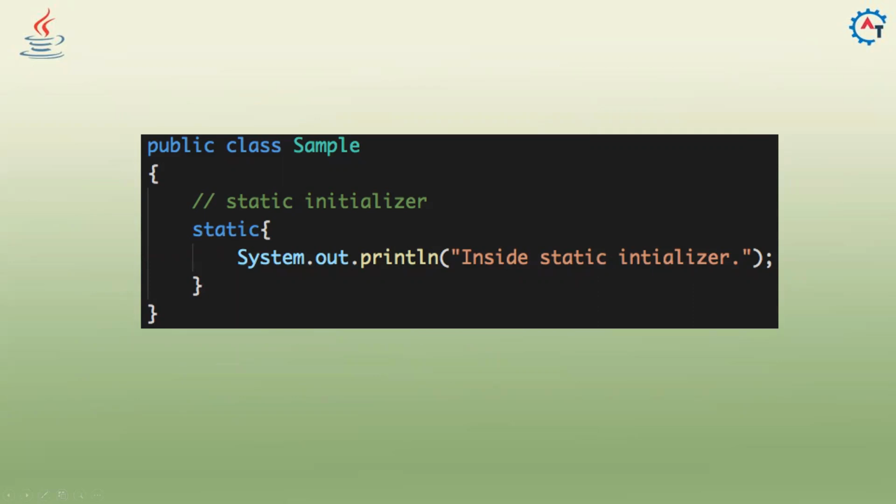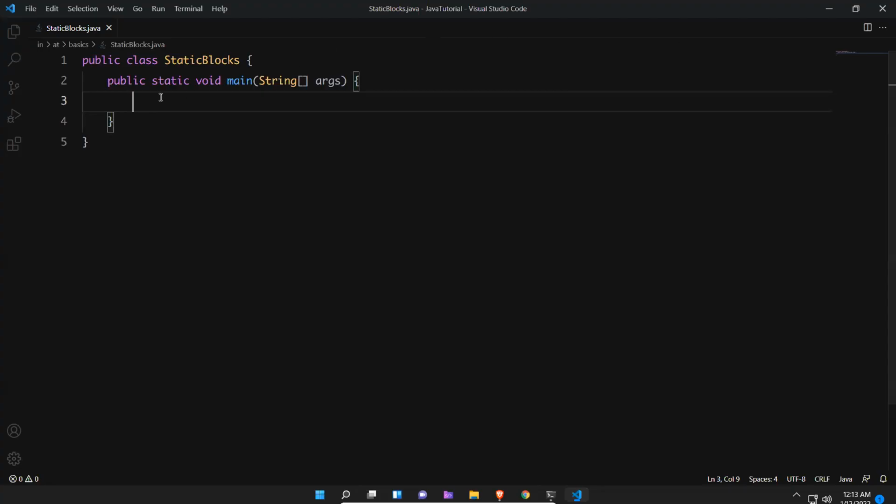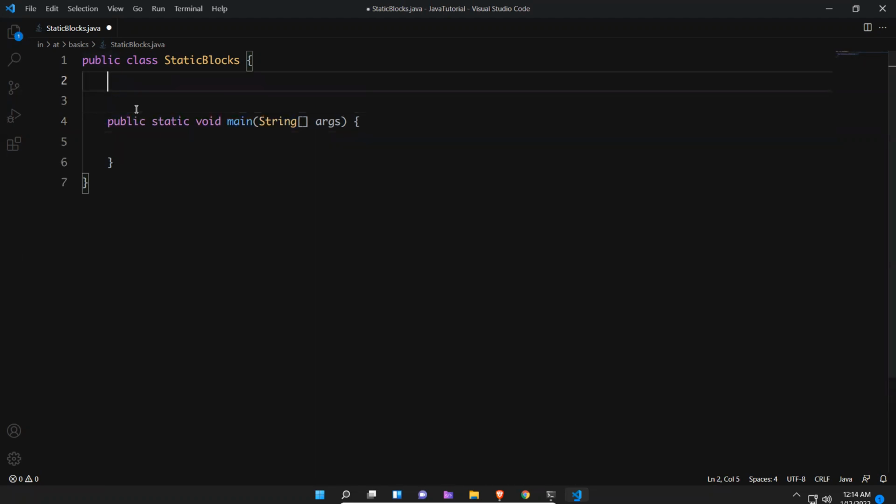With the help of an example, we'll see. I created a class called static blocks, and we already discussed that the main method is the starting point of your program execution. Because of that, if you write any methods, you need to call them from the main method, then only they will get executed and you can get the output. But there is one more thing we are discussing, called static block. This static means anything can be executed before the main method. Yes, that is called static block.